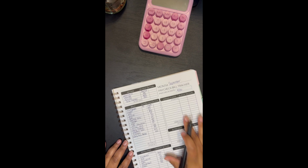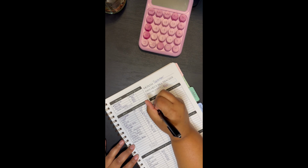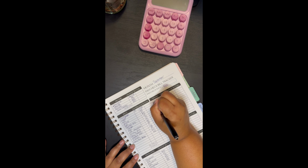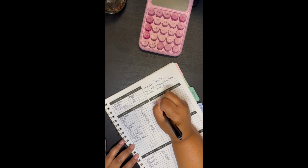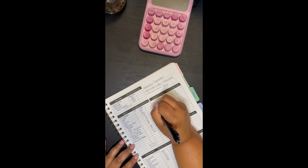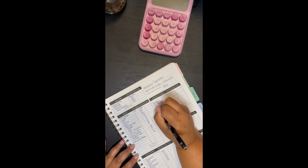Okay. And then my sinking funds is just the envelopes for whatever I'm saving for. And I keep my envelopes in just a little safe in my house. And if it gets too much money in it, I will take it to the bank because I don't like to keep too much cash. Car maintenance, vacation,